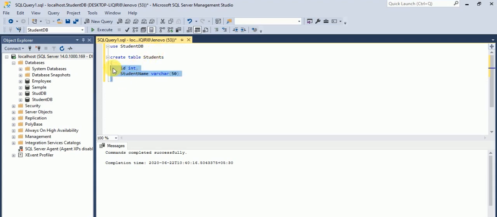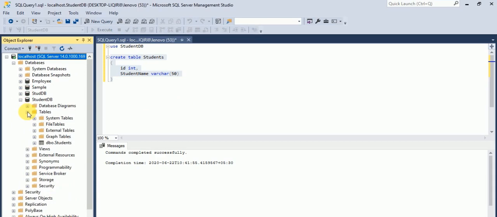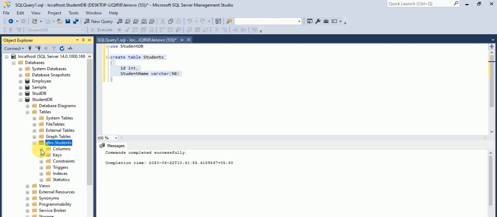When I execute this query, the table will get created. To check the table has been created, we'll expand our student DB and go to the tables section. Now you can see our student table has been created, and if you expand the student table, you can see the columns. There are two columns, ID and student name.